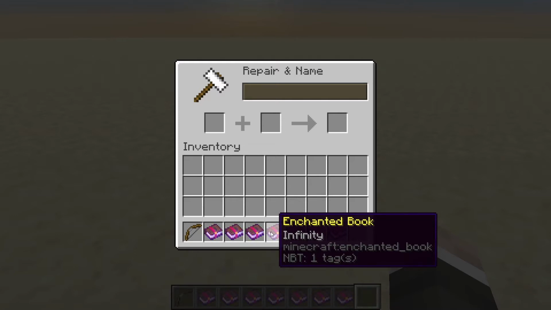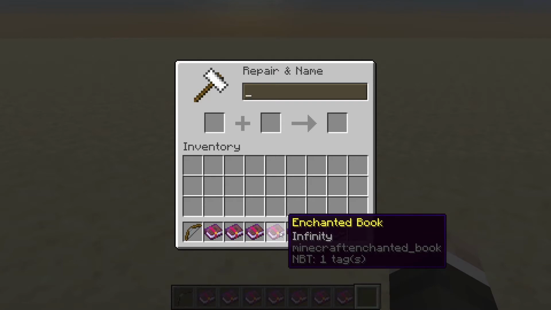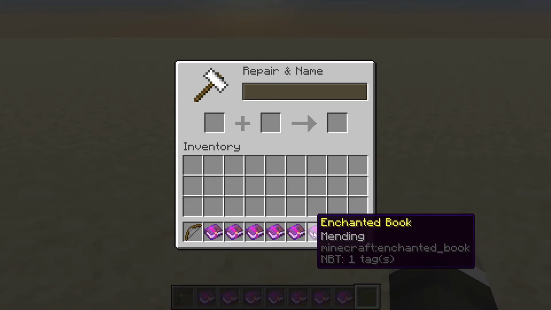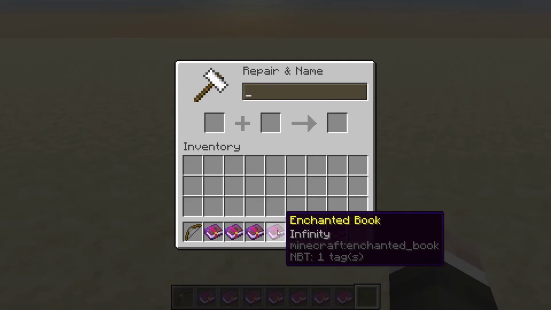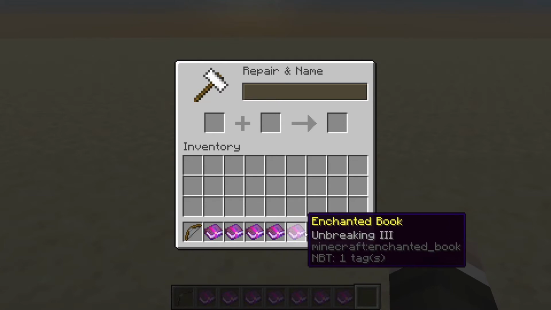Infinity, which means that you only need 1 arrow, and when you shoot your bow, it does not consume that arrow, but you do need 1. If you have no arrows, you can't shoot. If you were using like spectral arrows or arrows with potion effects, it still consumes those. Unbreaking 3, Mending, and Curse of Vanishing. One other thing about Infinity is you can't have Infinity and Mending. So basically you've got to decide whether you have a bow that doesn't need arrows or a bow that can